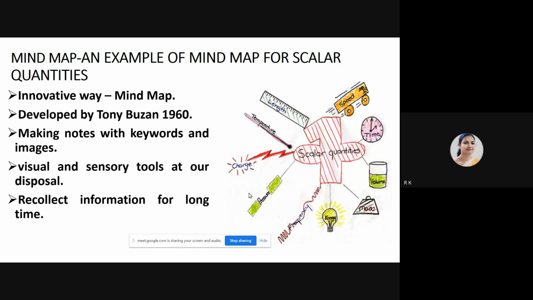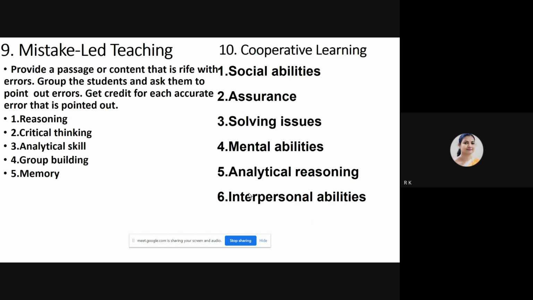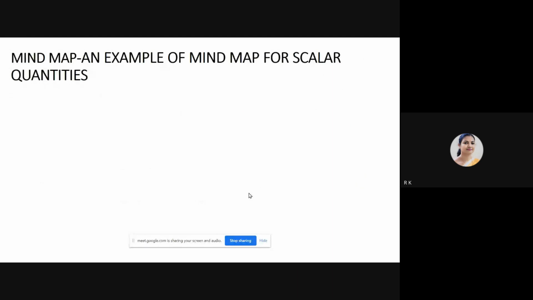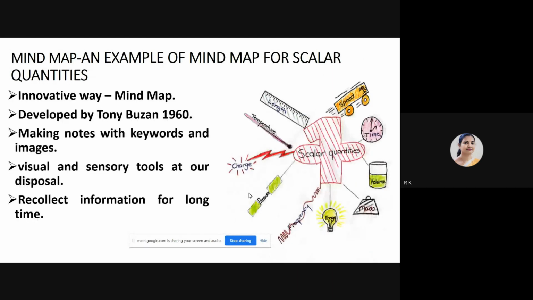But in between we forget. So that's why I'm asking you to develop a box file with at least 2 mind maps exercises, 2 case studies, 2 reverse role plays, 2 creative learning, where we can do mistake-led teaching, 2 cooperative learning. Like this, you just make the box file and keep it, so that it is easy before the semester starts, easy to give it to the students, and it goes on very peacefully.